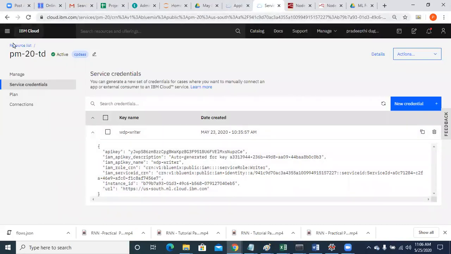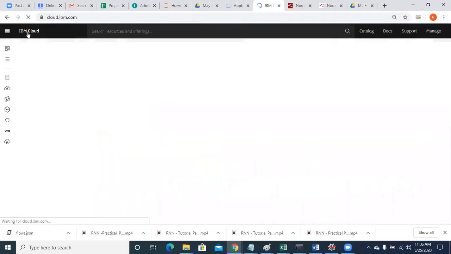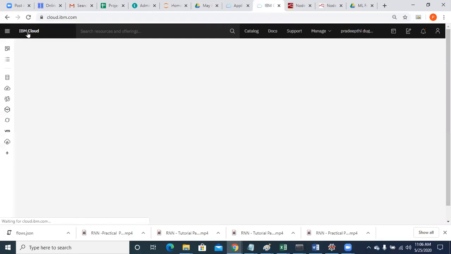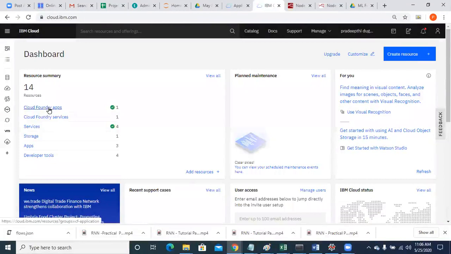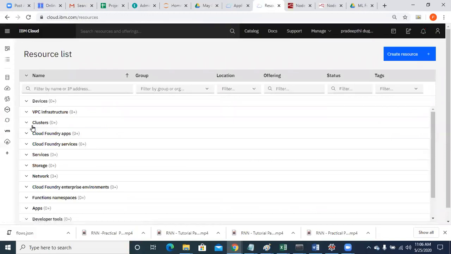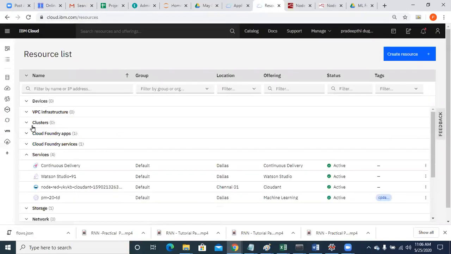Again, I'm telling you guys, click on this IBM dashboard. On this IBM dashboard, you will find services. Click on that services. On the services tab, you have your machine learning service, right?